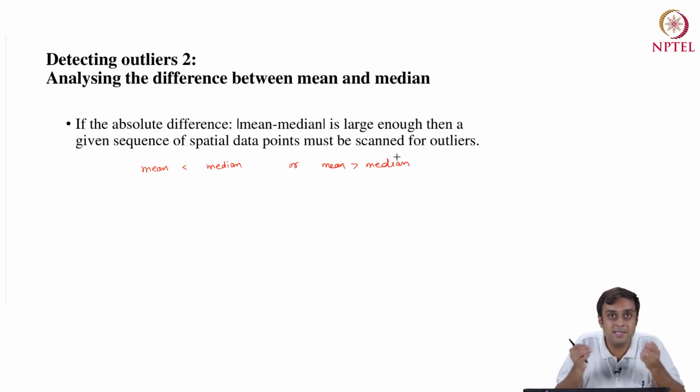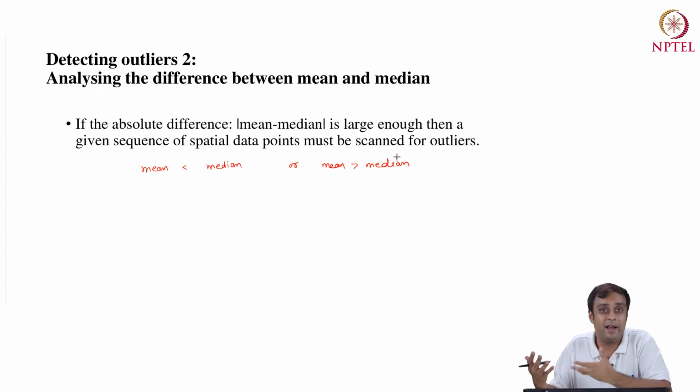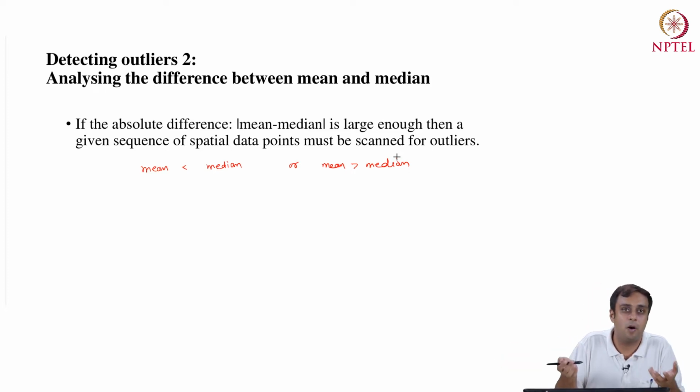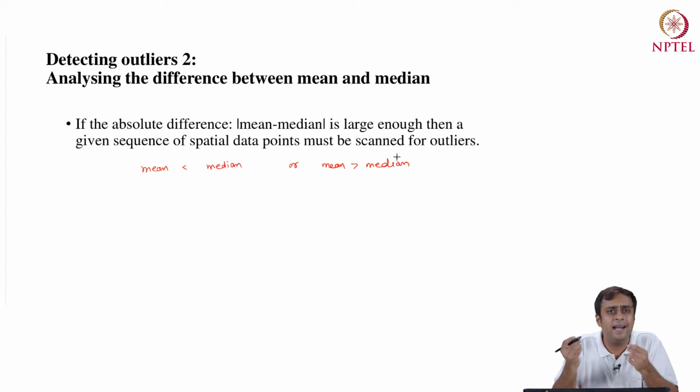But then how far should the mean be from the median to signal real trouble, right? We want to concretize this idea before we start scanning for outliers or become worried about outliers in our data. Even slight asymmetry will cause a difference between mean and median, but maybe that's not something to worry about so much. When you have a very large outlier, the mean is pulled away from the median more and more, and after a certain point, it will be a sure shot, statistically significant signal for scanning for outliers.